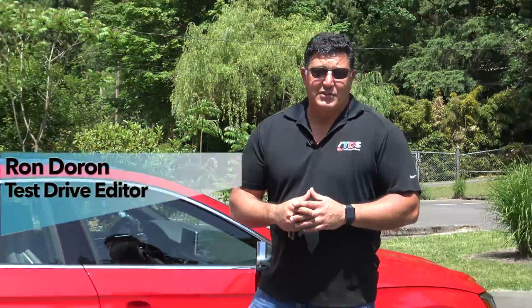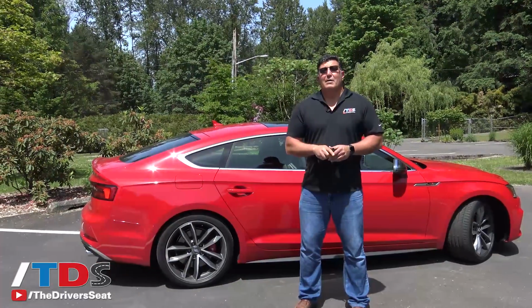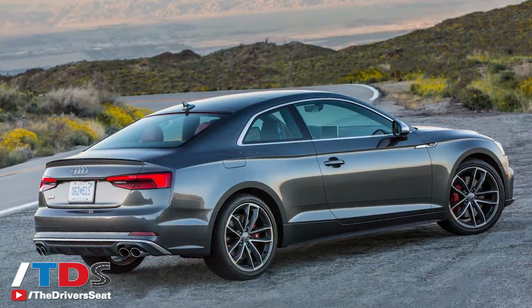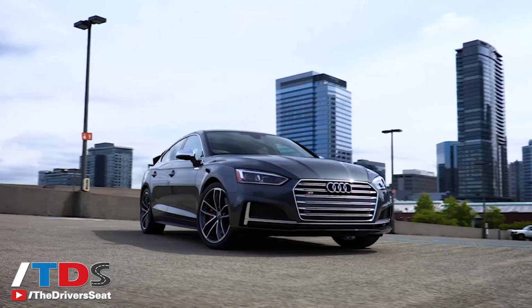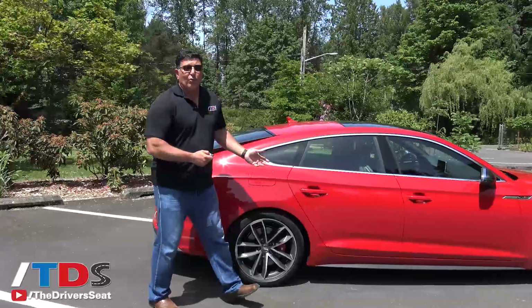I'm standing next to the 2018 Audi S5 Sportback. This is basically the perfect compromise between an A4 sedan and an A5 two-door coupe. What makes it a Sportback is the fact that it has this swooping design. You have the same kind of frameless doors you would find in a coupe, but you also have this all-important